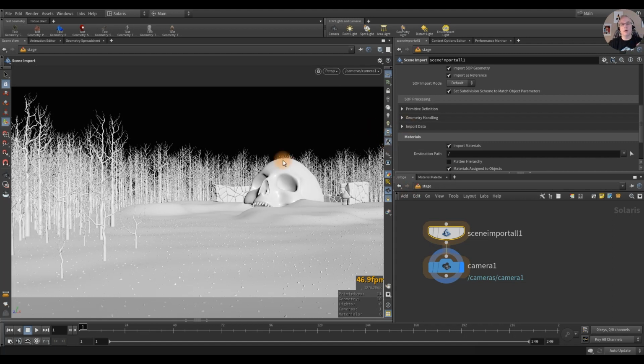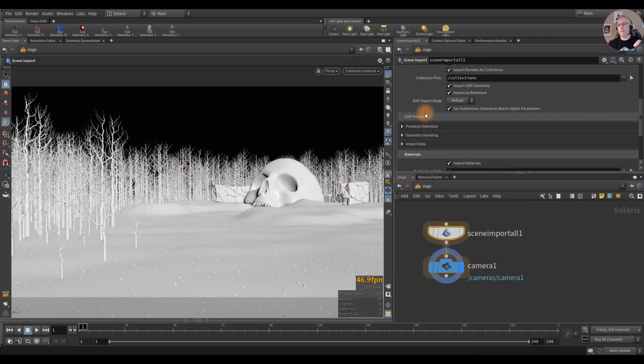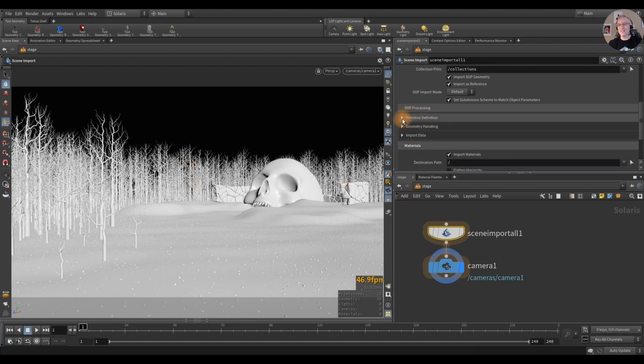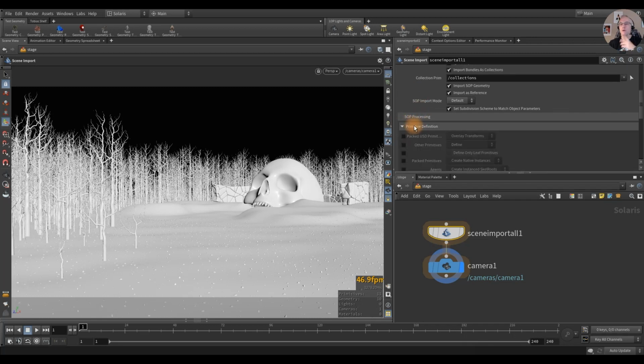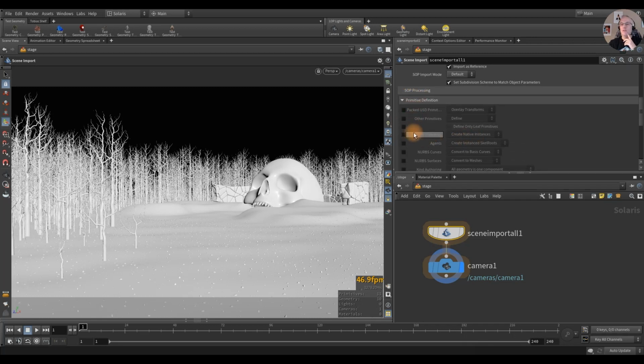There's a couple of changes I need to address and think about since we're working with point instances with the trees and so forth, more specifically with the trees as it relates to UVs. So without getting too complicated with everything, all you have to do is go to this primitive definition under SOP processing in the scene import all, and where it says packed primitives, you want to change this to